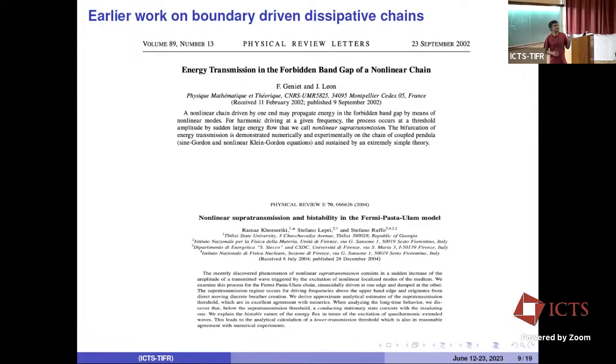And here again, there was a very interesting transition. As you increase the driving frequency, initially it's in a non-conducting phase, and then suddenly it goes into a conducting phase as you increase the driving force. What they also observed is that in that non-conducting phase, the system can be in two possible attractors. In some parameter regime, they found that it can exist in two attractors, one insulating, one conducting. The difference was that they call it supra-transmission, in the sense that it always occurs outside the band.